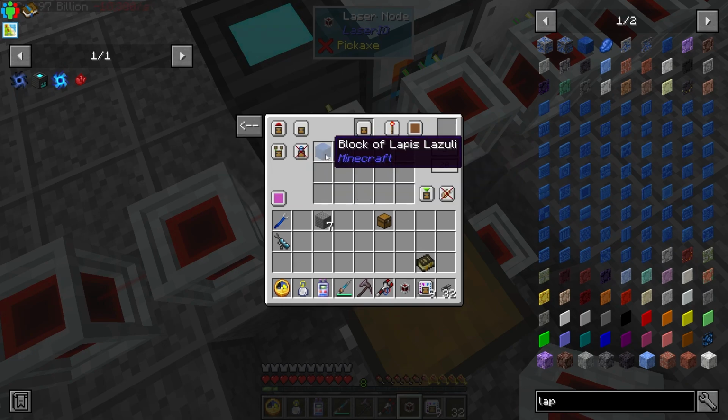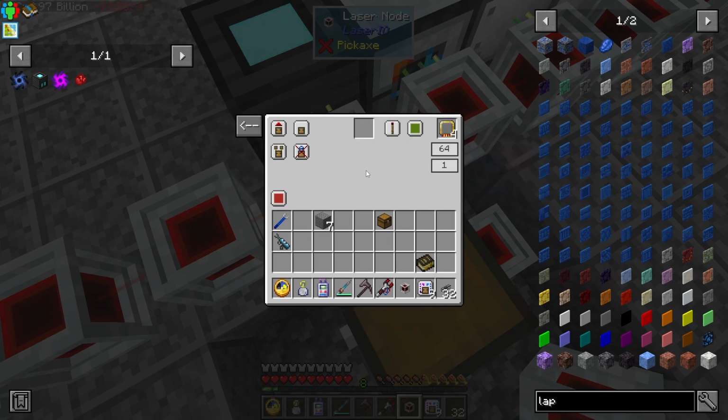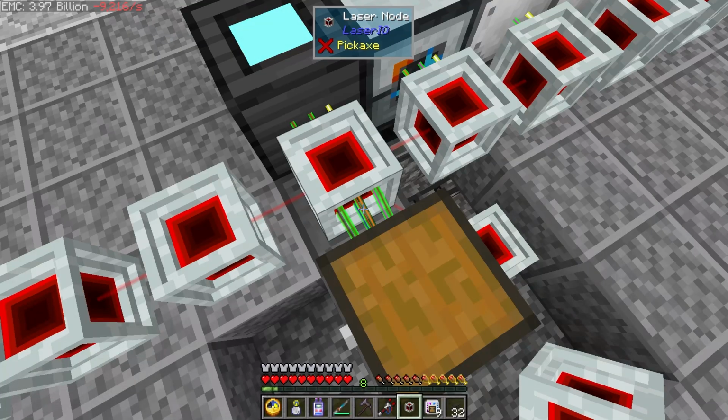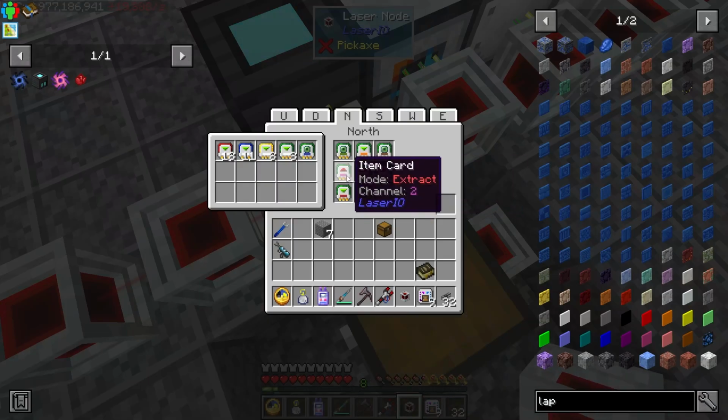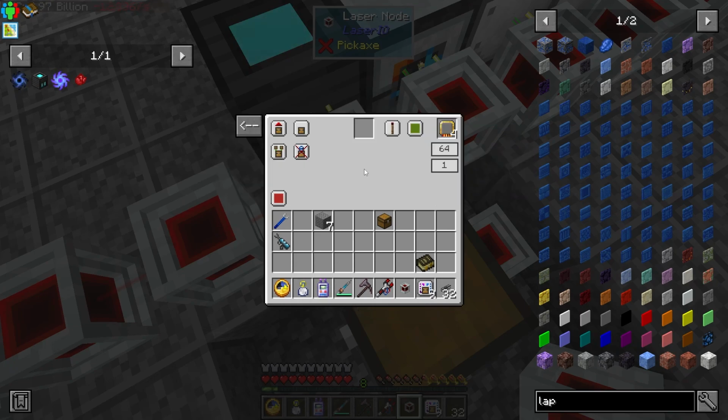On the brown channel, we will remove the block of lapis from this. When it detects that there is not a block of lapis, it is going to extract on the red channel